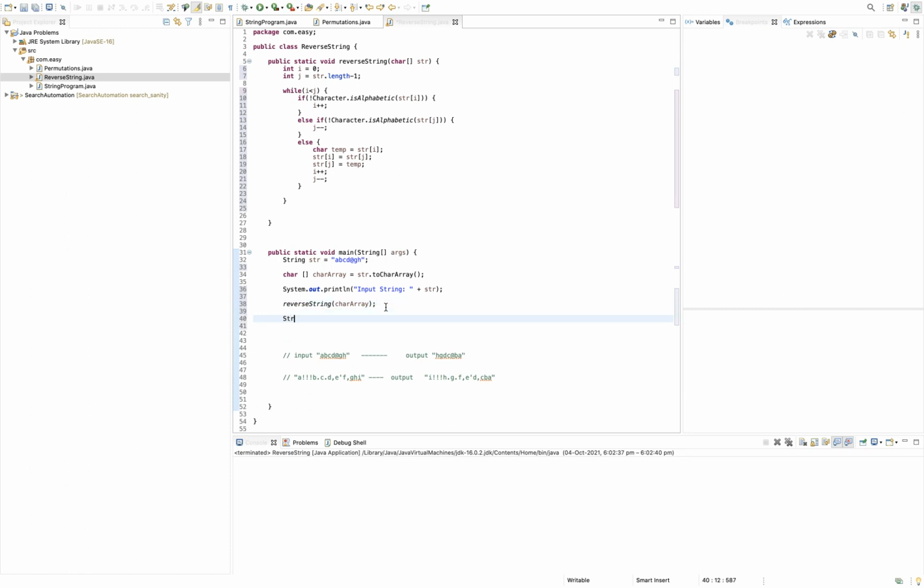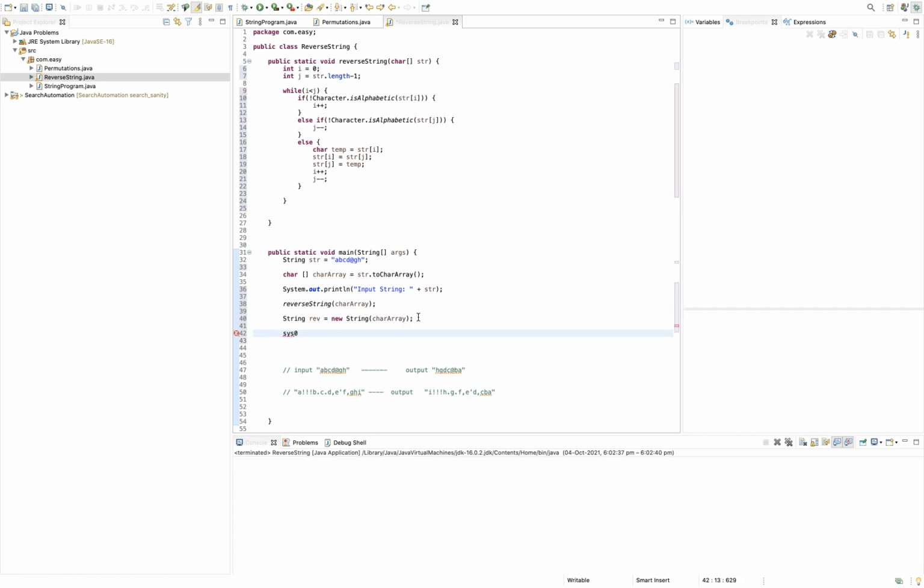Now what we need to do is convert this into a string. Guys, so this is it.